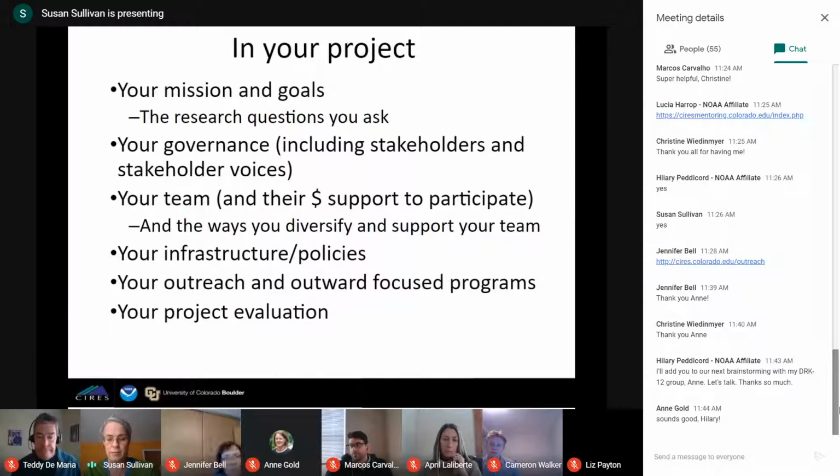And then lastly, your project evaluation. Your project evaluation is a systematic way of looking at everything you're doing and making sure that you've built in ways to indicate your success and indicate where things need to be changed and be able to use that to report to your funding agency. So your diversity, equity, and inclusion goals are part of your project evaluation. It gives you something good that you can report to NSF. It lets you know the extent to which you're meeting the things that you want to accomplish with your project.